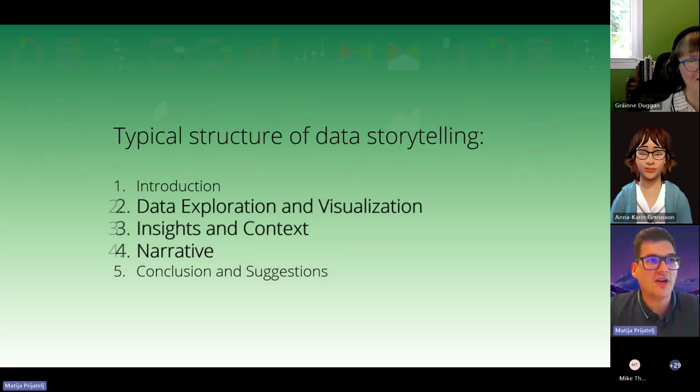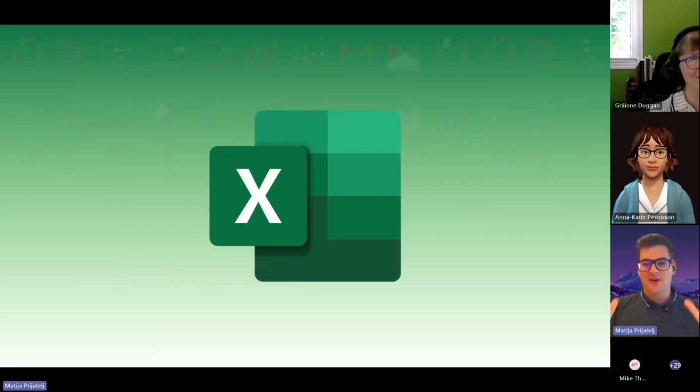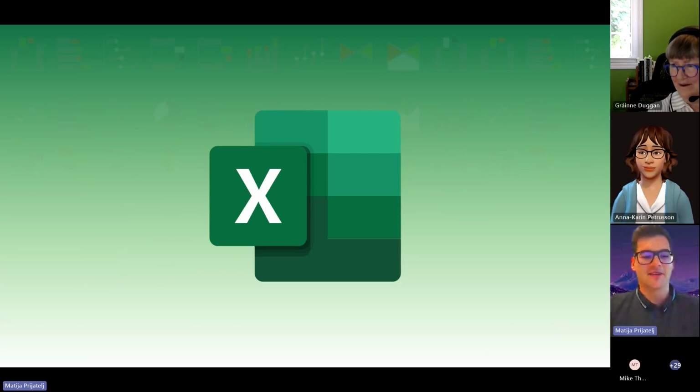So I think we should focus on these 3 points, right? With the introduction, I will allow you to think of this as the initial conversation, and then what can we do inside of these 3 points to actually make our visualizations, our narrative, and our context better for people to understand. And it's time for me to stop talking as much about theory and start talking a little bit more